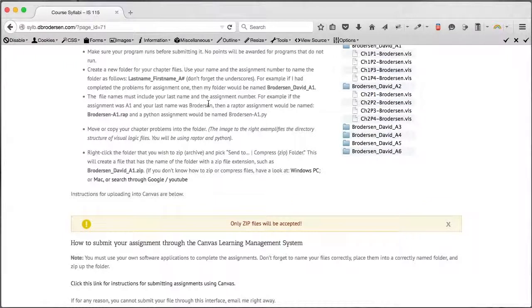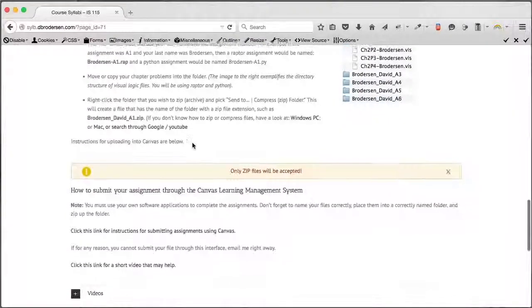So why am I such a stickler on this? Well, number one, it teaches you to follow directions. And since you're programming a computer, you have to learn how to do things exactly right, or the computer's going to do it wrong. Number two, when I download these files, they're going to go into a zip file, and when they unpack, they're going to go into a folder, and if any of those files have the same names, they're going to overwrite each other, and people are not going to get credit for their work. Okay, so you need to be sure and name them correctly so that everybody gets credit.